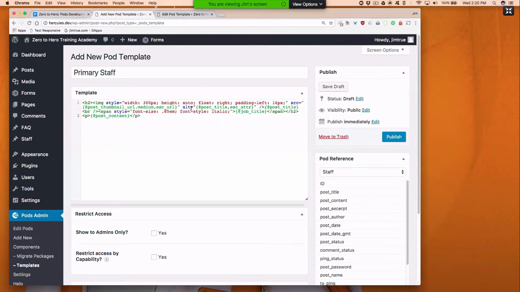Okay, so continuing on, I have floated my image to the right up here with the style tag. I've got the post title, which is obviously going to be Hercules, then the break, the span style, reducing the font size and putting the font size for the job title in italic. So it's right here. And then I am putting the post content in a paragraph after that. So if I publish this,